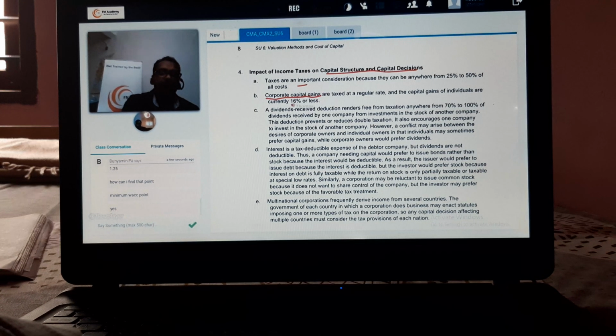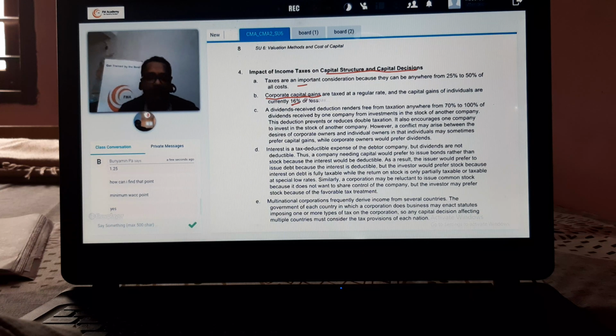You know, this capital gain is subject to change. It varies from country to country. You don't need to remember these rates and all. What is capital gain? When you sell a share, you make a gain. In India right now, what is the rule? If you sell a share within less than 1 year of purchase, the government will take 15%.